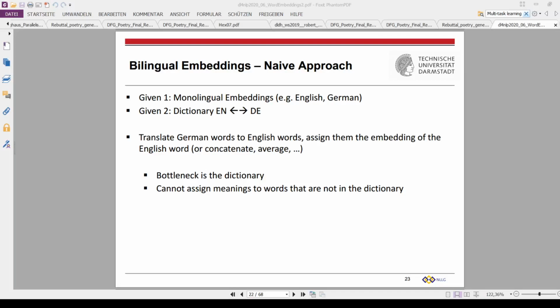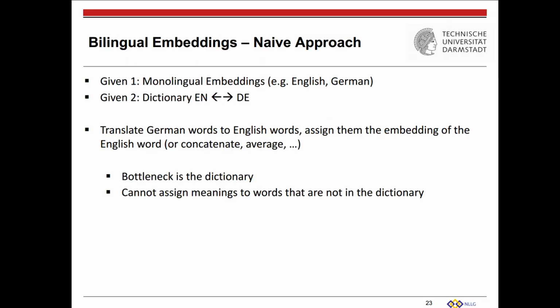All right, so let us talk about how we can induce bilingual embeddings. First of all, we're going to discuss a naive approach, and then later on a couple of more sophisticated approaches. So a first naive approach would be, let's say we have already induced monolingual embeddings for, let's say